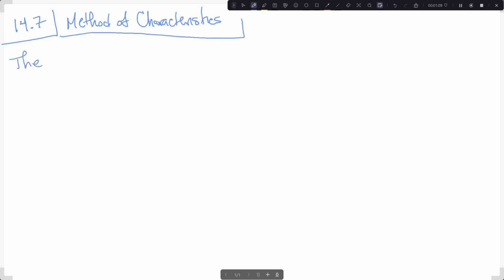We are at the whiteboard today because we are doing what I'm tentatively calling section, what were we on, 14.7. I'm going to name this section the method of characteristics. This is one of the classical methods that you would end up learning if you took more of a dedicated PDEs course. In many ways, this is an underlying method for solving first order linear